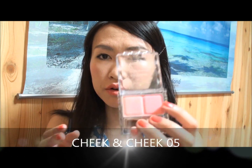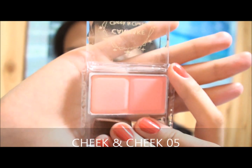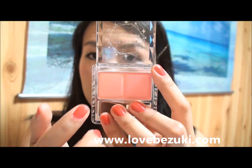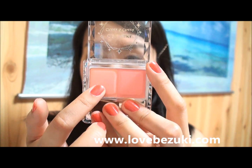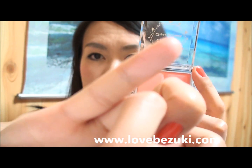And lastly, this is number 5, which is really pale powder for both of them, and one of them is slightly corally and the other one is slightly pinky, and both of them are really light. And actually this one is a really nice highlight color, and it's quite bright and sort of powdery. And this one here on the right is some sort of really nice pinky shade,